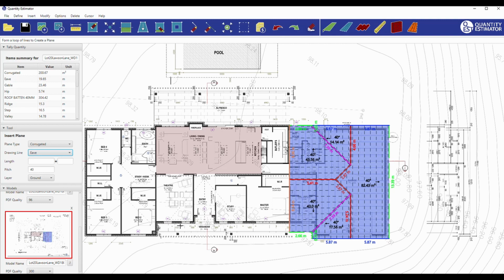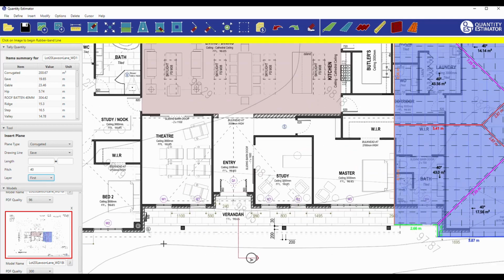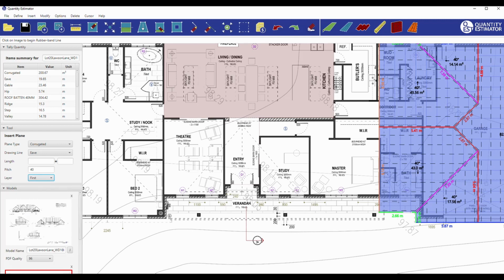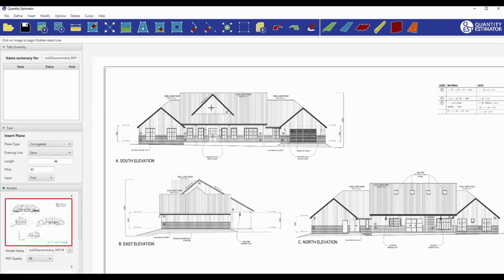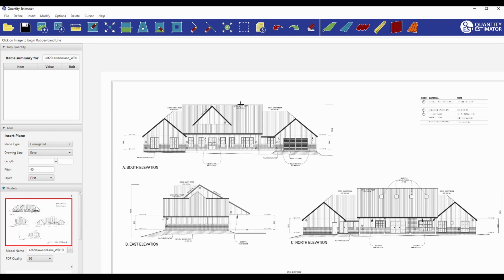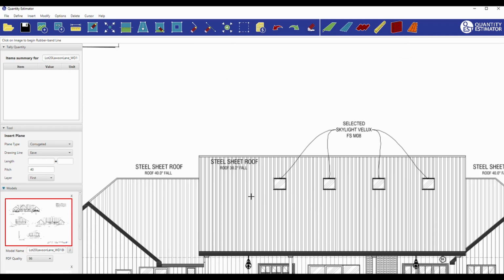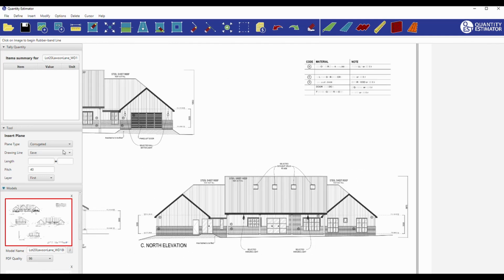Now this second level is sort of separate to the bottom level, so we've already sort of done something similar. So we'll go with the second level now. I'm going to change this to first floor. Now, as we can see, there is a dormer here, and that is on the 40-degree side, and this is the 30-degree side. So we'll go with the 40-degree side first,